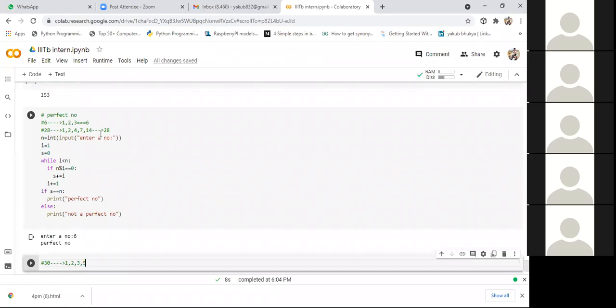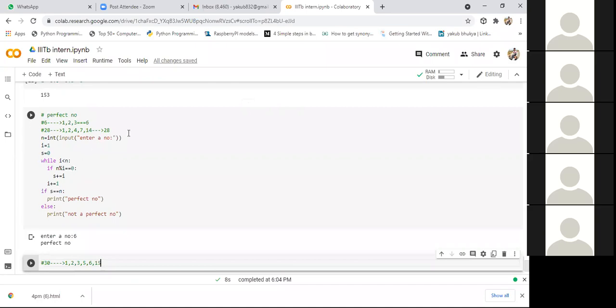After that, we'll be having 5, 6. After that, we'll be having 15. These are the factors of 30. Apart from this, shall we have any other factors? No, we don't have any other factors. So from this, what I want to conclude is, whenever you want to consider factors of a number,